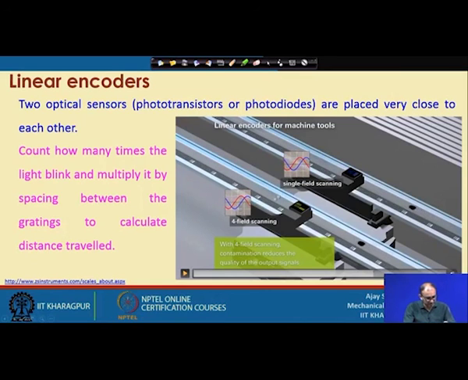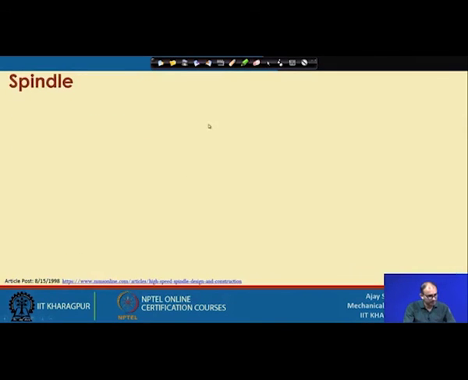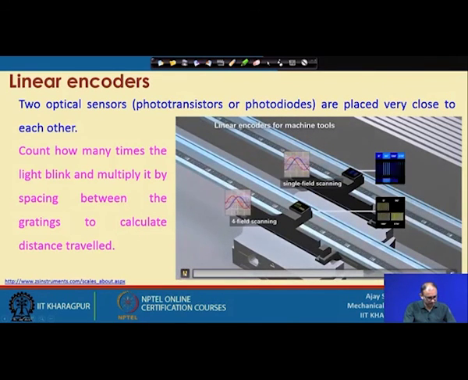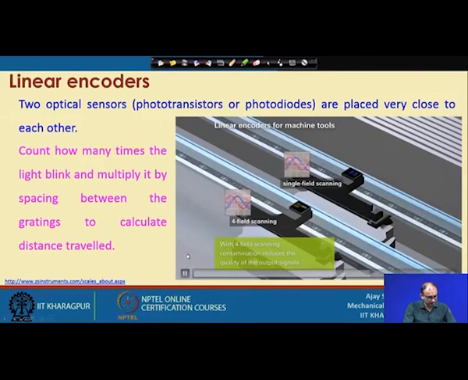If you see this signal strength, here you will get a little bit of contamination in the signal. Now, you can see the signals are not the same. So, here you will get some contamination because of the signal problem. So, it is better to go with single field scanning and you can get the required result.